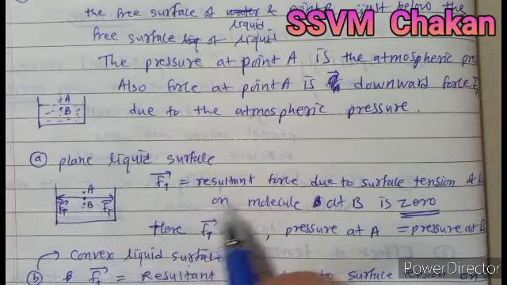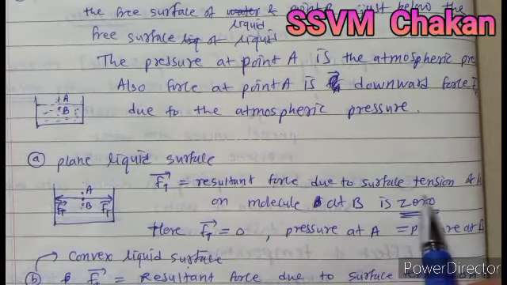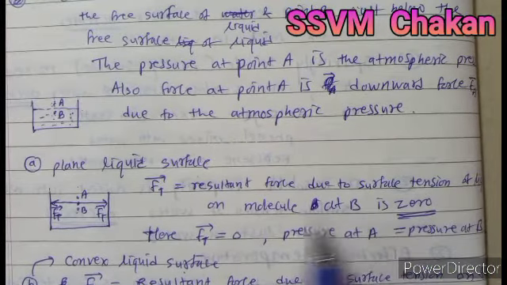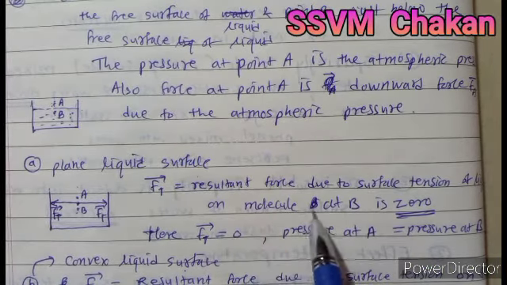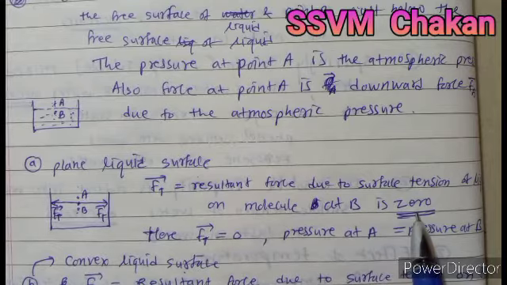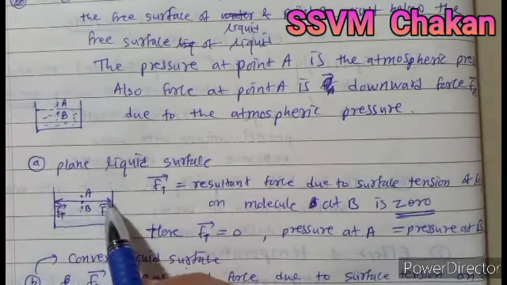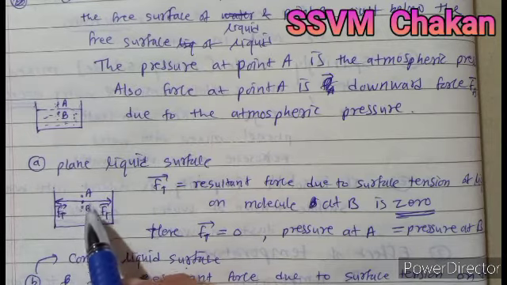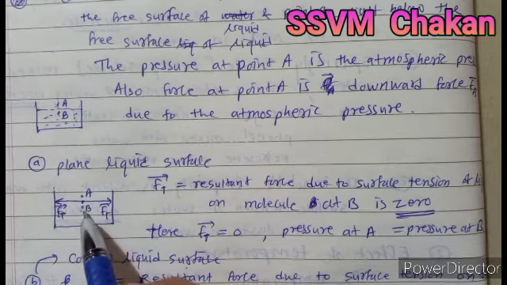In this case, the resultant force due to the surface tension of a liquid on a molecule B is 0. So this surface tension of the liquid surface does not apply any force on this point B,